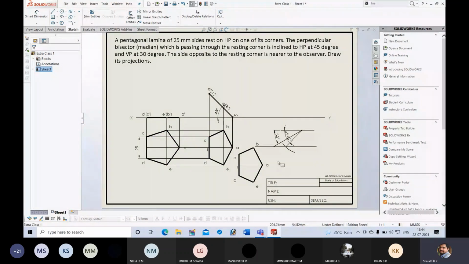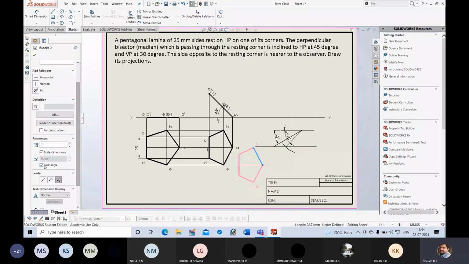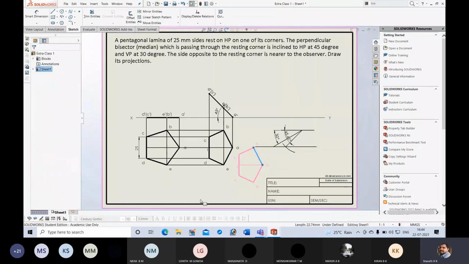Next, I should rotate this such that it makes 45 degrees. First click on this block, remove lock angle. Next go to move entities, rotate entities.